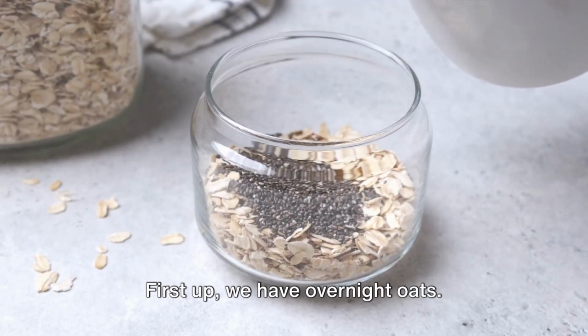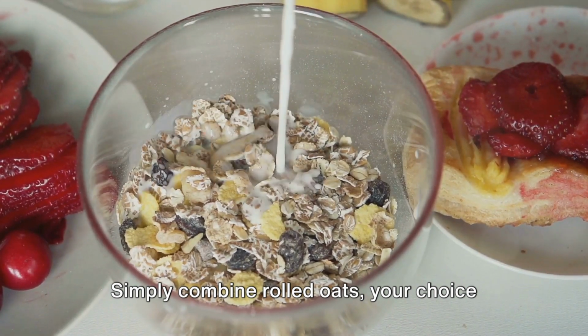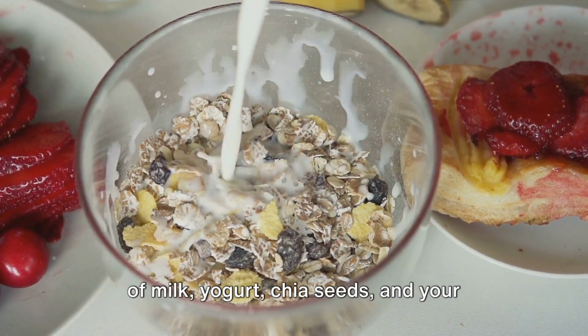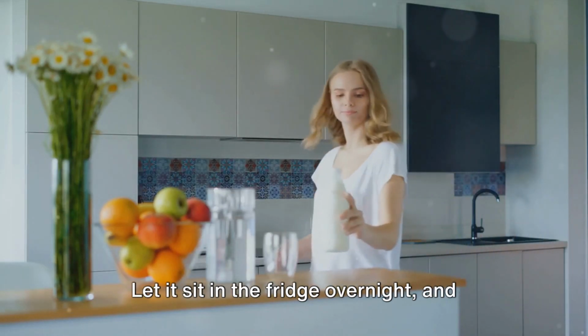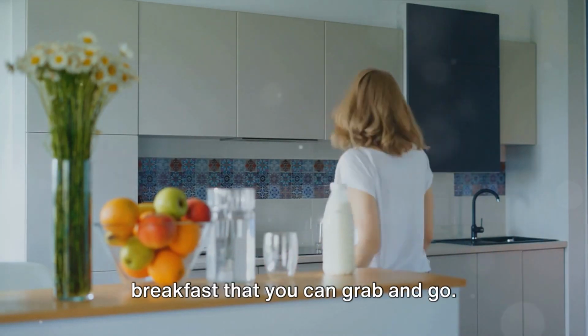First up, we have overnight oats. Simply combine rolled oats, your choice of milk, yogurt, chia seeds, and your favorite toppings in a jar. Let it sit in the fridge overnight, and in the morning, you'll have a ready-made breakfast that you can grab